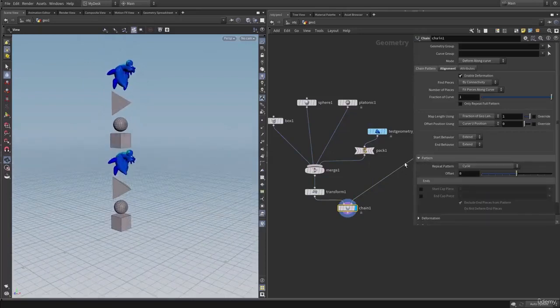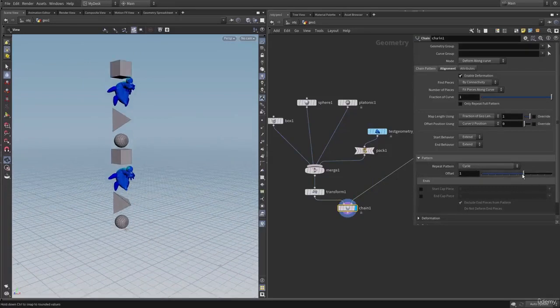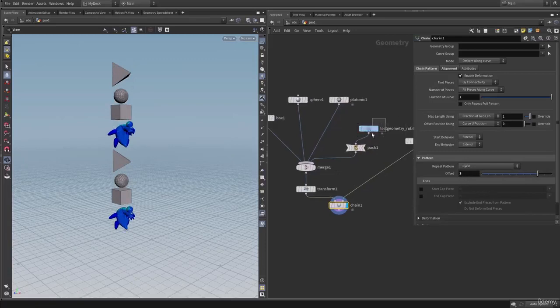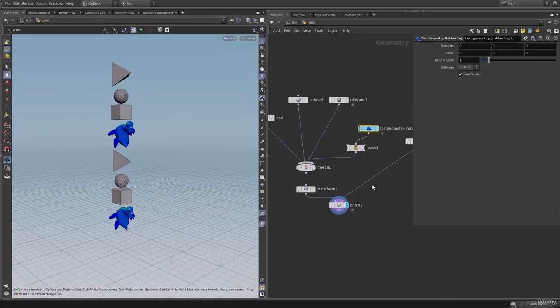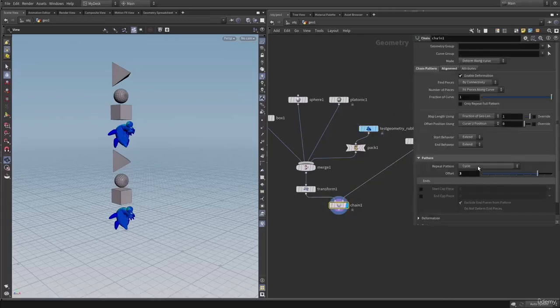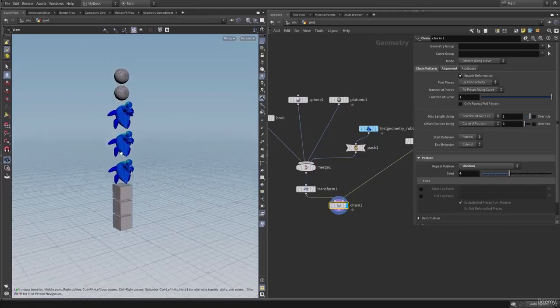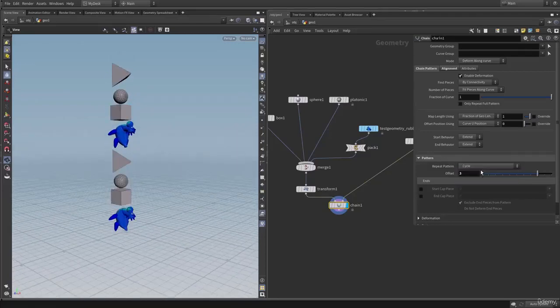And here onto the pattern we can cycle between our geometries. So now we are cycling by 3, which means now that the last piece has become the first piece. We can also change this to random, and we can change the random seed to randomly copy the geometry onto the curve. Let's change it back to